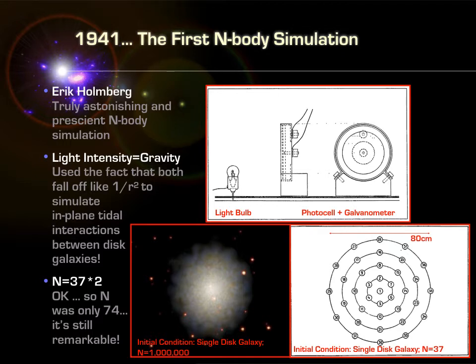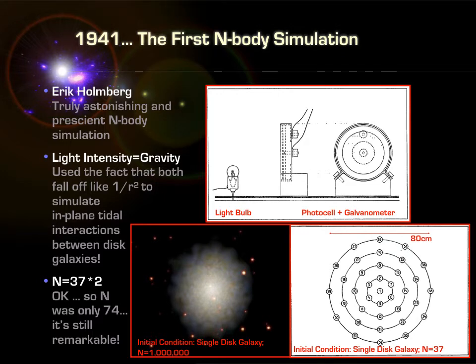They laid out these 37 light bulbs on the floor for each galaxy. There's more towards the center than the outskirts, so that represents the, if you like, the exponential density profile of galaxies, where there's more light in the center than there is in the outskirts. And what he systematically did over months and months, these simulations, if you like, took to run, was that he